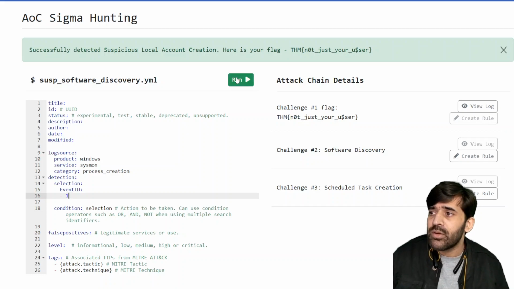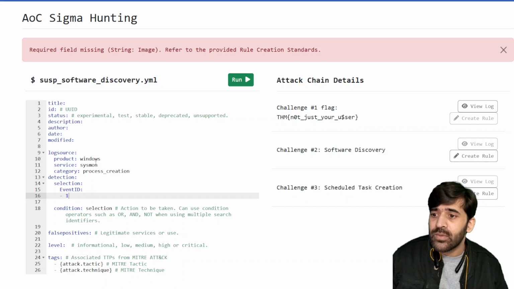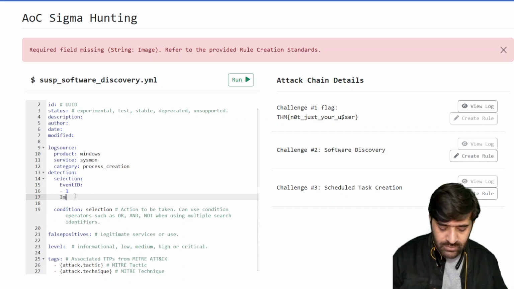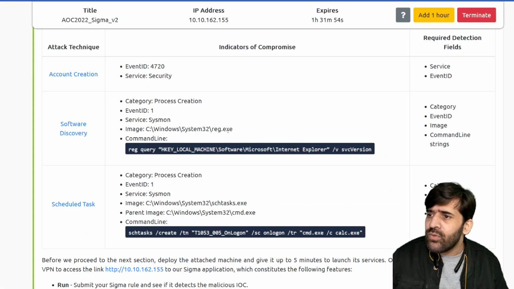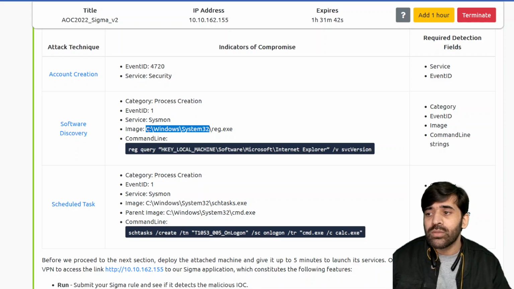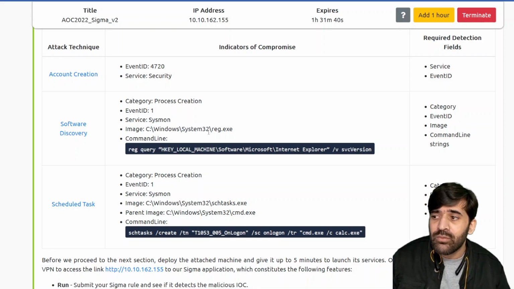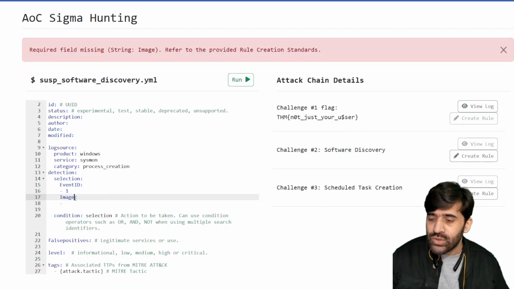Let's check if our rule is correct. When we click on this, it says that there are some fields that are missing. So we have to add image. For the image we can add all the information, but again maybe the paths can be changed. The adversary has copied this information from some other place and is running that, so we cannot add this to avoid any false positive. So we have to include this thing. How? Let's find out. So for image, we can use